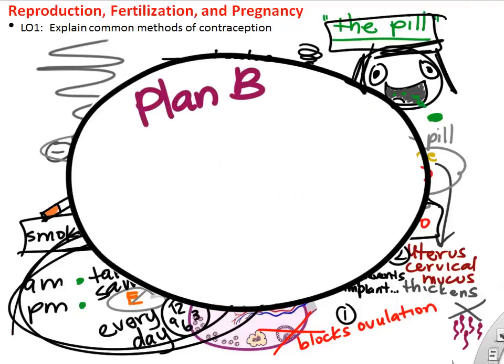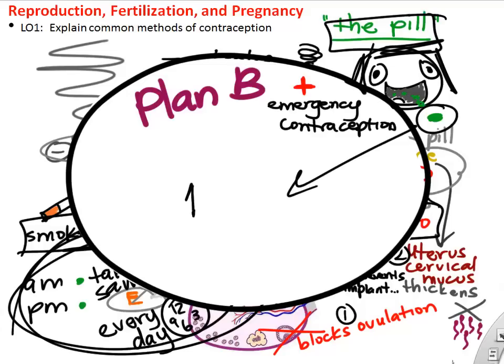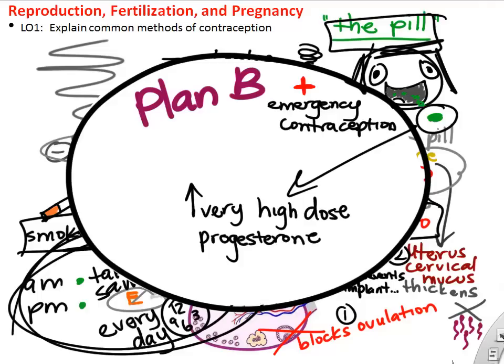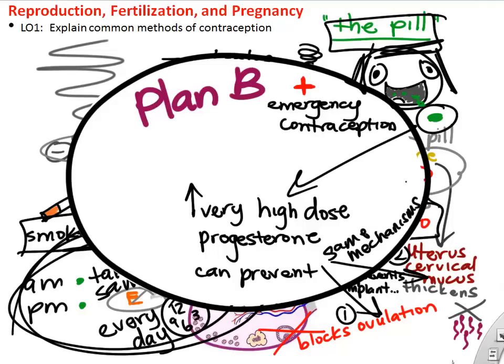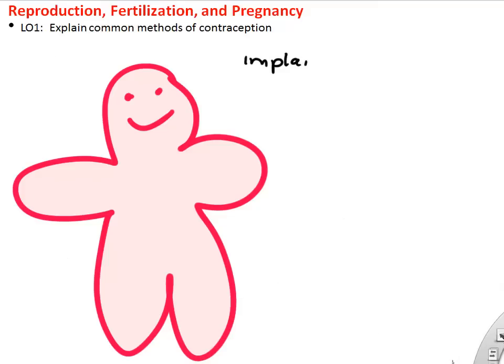Okay, I just wanted to mention, you might have heard of Plan B as an example of an emergency contraceptive, and actually it's very similar to the birth control pills in that it has lots of progesterone. Now, it has higher doses than the typical birth control pill, so maybe like 3 or 4 of your birth control pills together might be the same dose. It works through the same mechanisms. You can't be pregnant already, but if you haven't become pregnant, it can certainly reduce the chances of you becoming pregnant by the same mechanisms as the birth control pill.